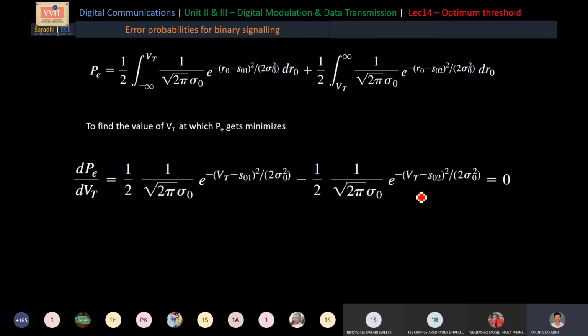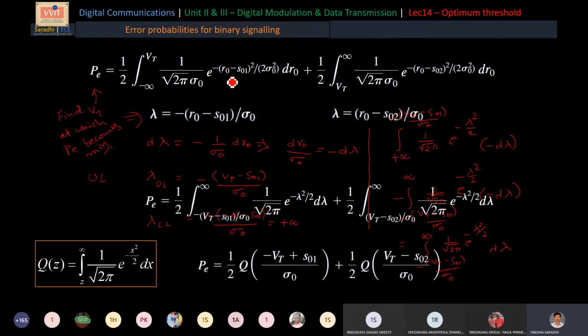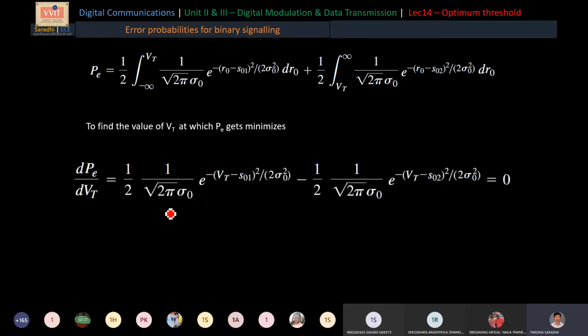Here we have not substituted anything. We are not solving. In the earlier slide we have expressed this in terms of complementary error function, and this is having some solution. We use that solution. We are not solving this integration explicitly. This slide's motivation is writing this equation in terms of complementary error functions. That's all. Complementary error functions are already solved, and we make use of those solutions. We are not explicitly solving them.